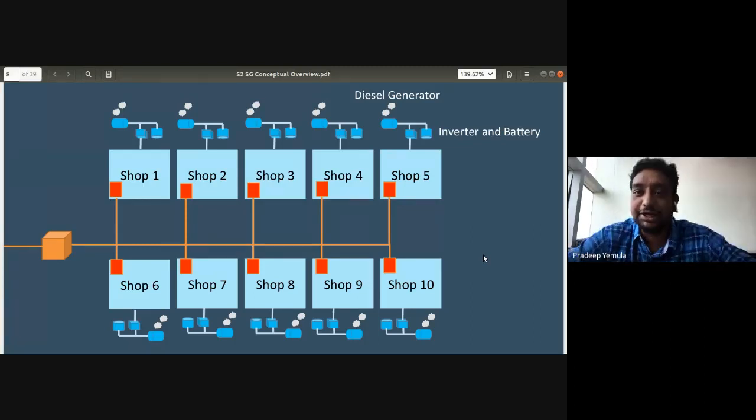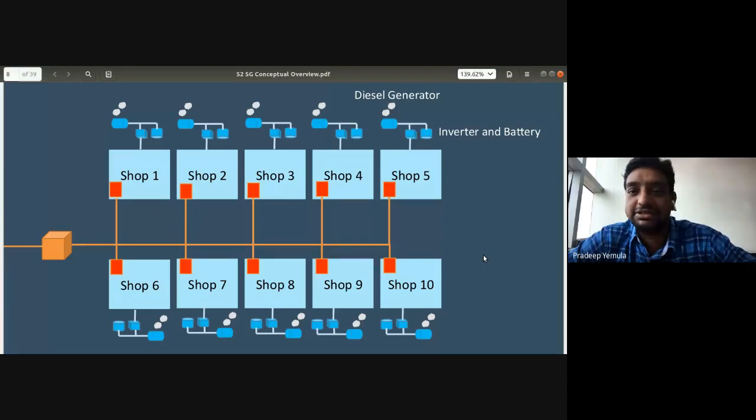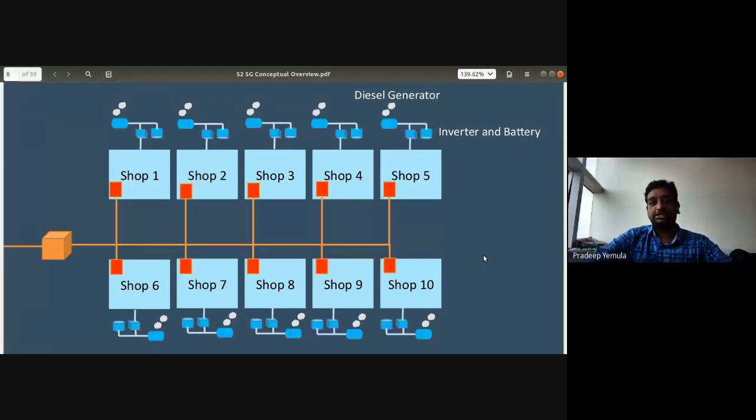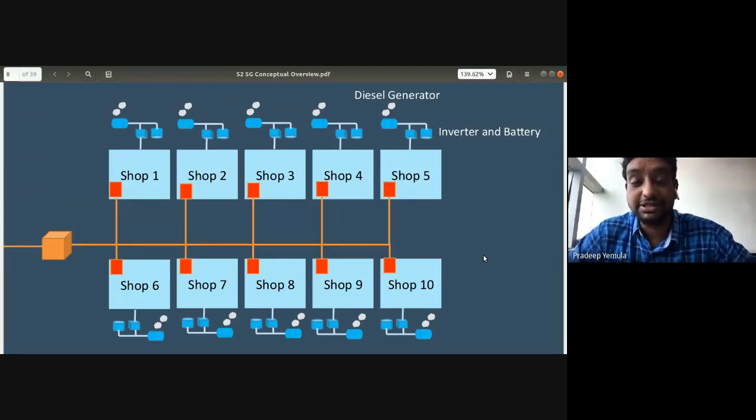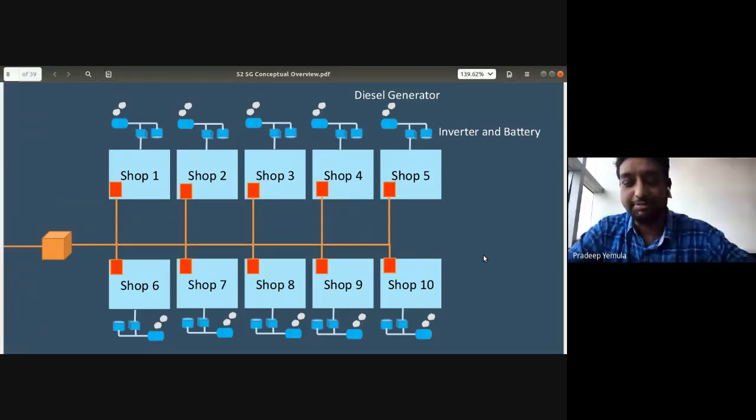Can someone answer? How to improve the situation? So they can reduce the number of generators or batteries. Yeah, there is an answer saying that we can have a bigger size generator instead of 10 small generators. Similar to the discussion earlier, instead of having 10 small air conditioning systems, we can have one big generator. Somebody else also rightly answered, we can have a bigger generator.